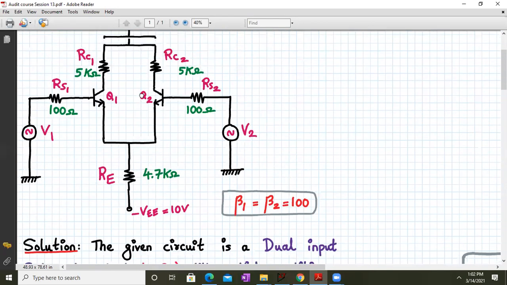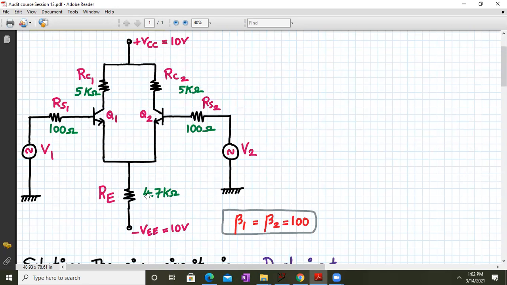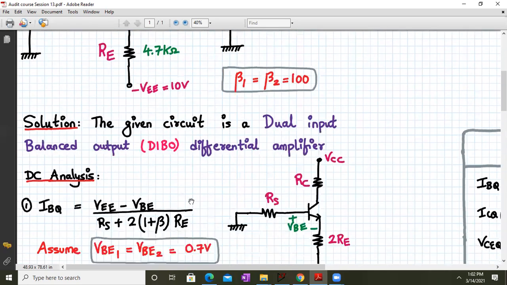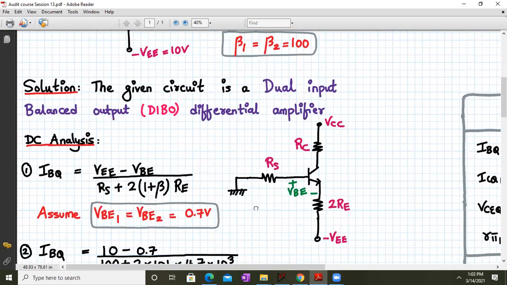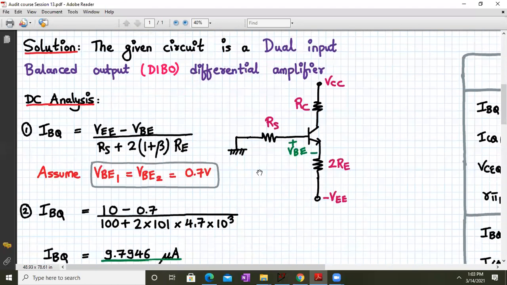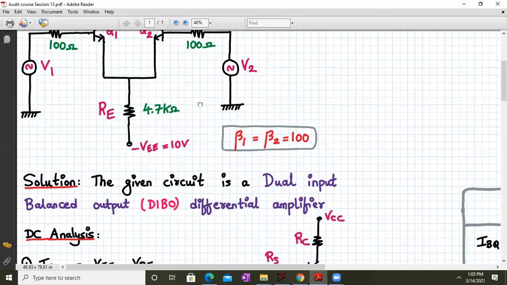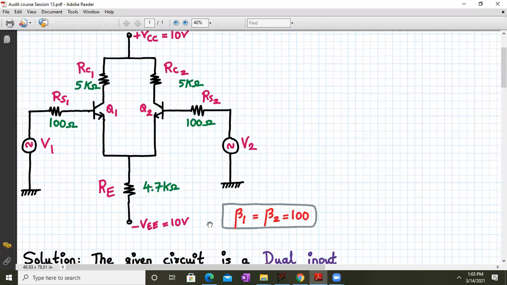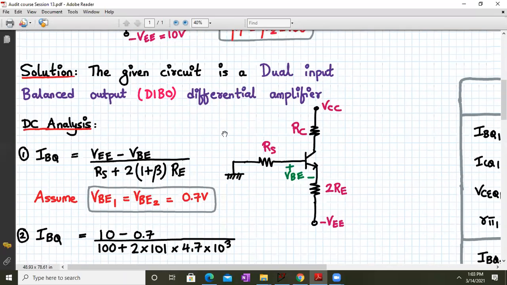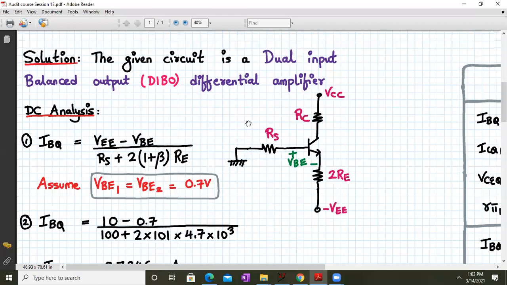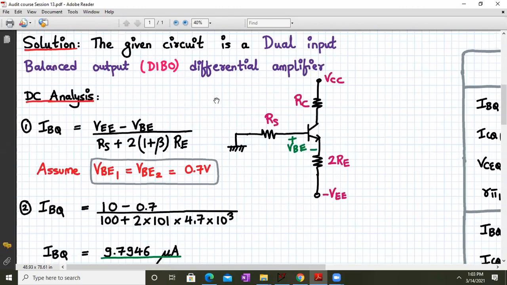So over here, while we bifurcate it, we can draw this resistor RE as two parallel resistors with a value of 2 RE. Okay, so if you have two resistors with a value of twice RE, the parallel combination will give you RE. Okay, so that's what we are doing over here. We have considered twice RE over here. I hope that this will be clear. Okay, and while we do the DC analysis, we deactivate all the AC sources. So we have connected V1 as short circuited. Okay, so we have considered only one half of the circuit. Fine, because the other half is the mirror image.